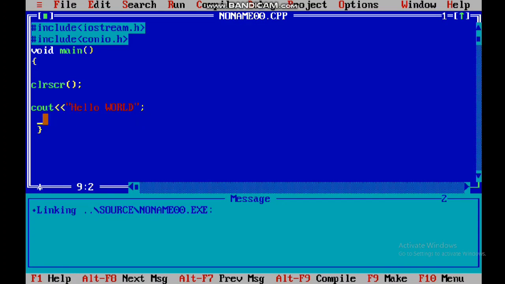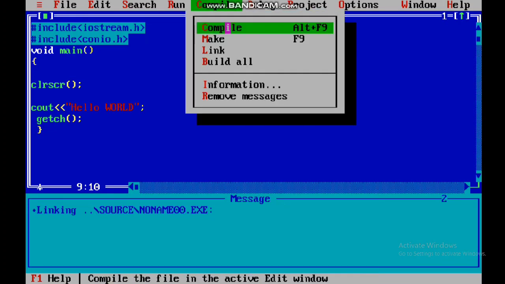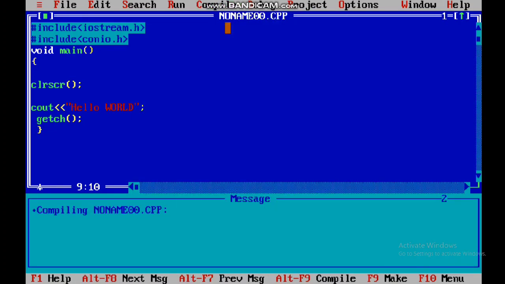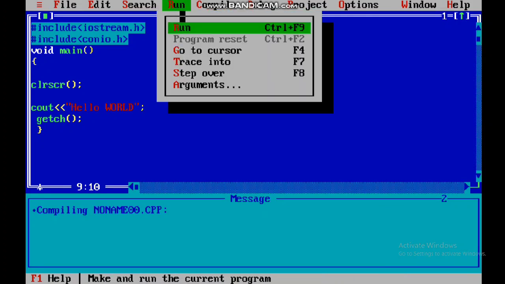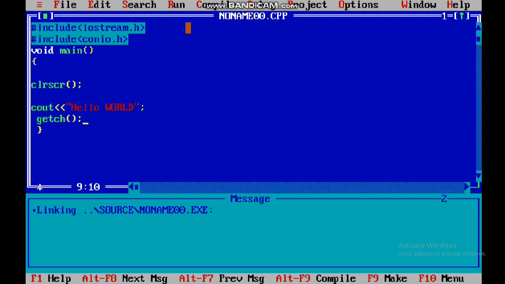So we need to put this getch there, so that your output screen holds till you enter a character. Till you enter some character, your output screen will hold. See, I have not entered any character, so it is there. As soon as I enter any character from the keyboard, we are back to the coding screen. So this is the main function of getch.